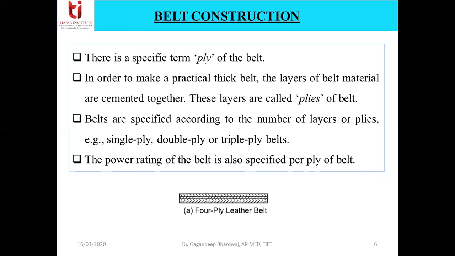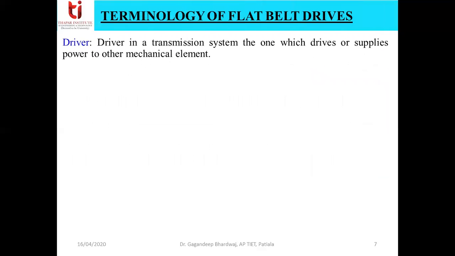So this is all about the ply of the belt, and there are different methods to join these different plies which are available. First one is the cemented method. In case of the cemented method, belts are cemented with a tapered lap joint of length 20 to 25 times the belt thickness. Second one is lace joints with metal fasteners. These are the different methods to join the different types of plies of the belt.